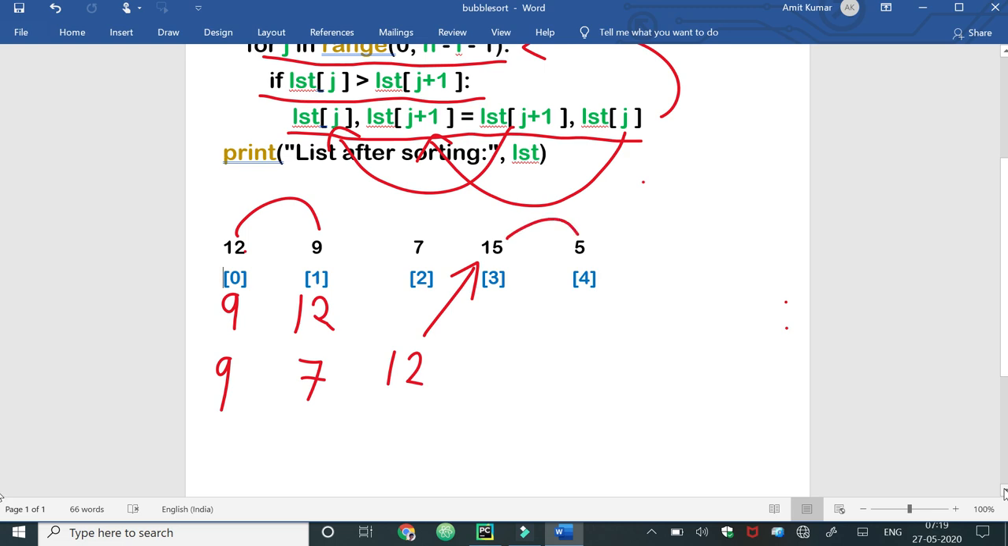Now in the next iteration 15 will get compared with the 5, and as 5 has a smaller value, 5 will come here and 15 will go there. So in the first iteration 15, which is the highest value of this list, will get settled at its right place. So in the next iteration,